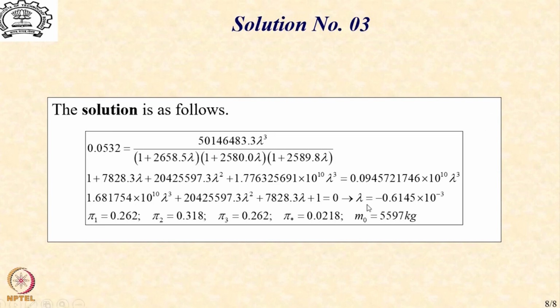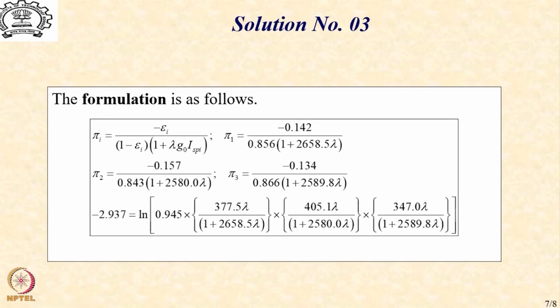What we now do is take this value of lambda and go back to these three expressions of pi 1, pi 2 and pi 3. Now you can clearly see that lambda is a negative quantity. So when you multiply this, you are going to get a minus number which is greater than 1. That can be confirmed. So this denominator will become negative. This negative will cancel the numerator and we will get a positive number for pi 1, pi 2 and pi 3